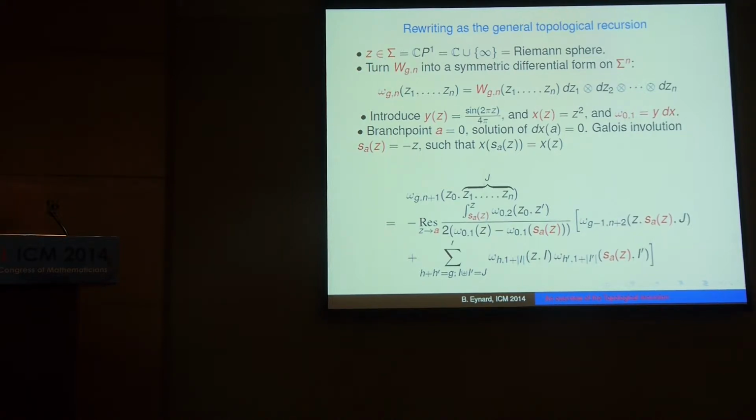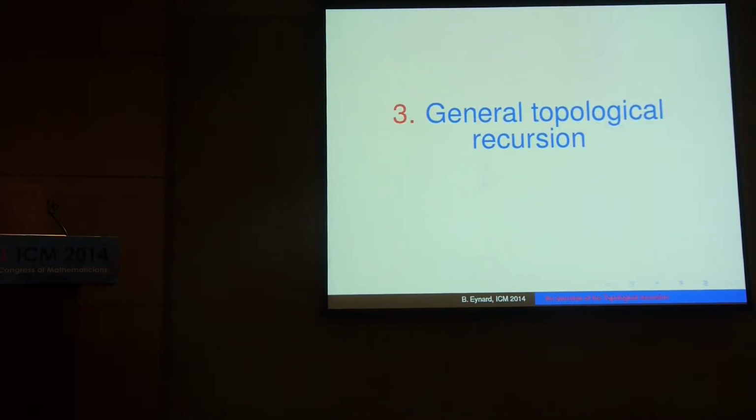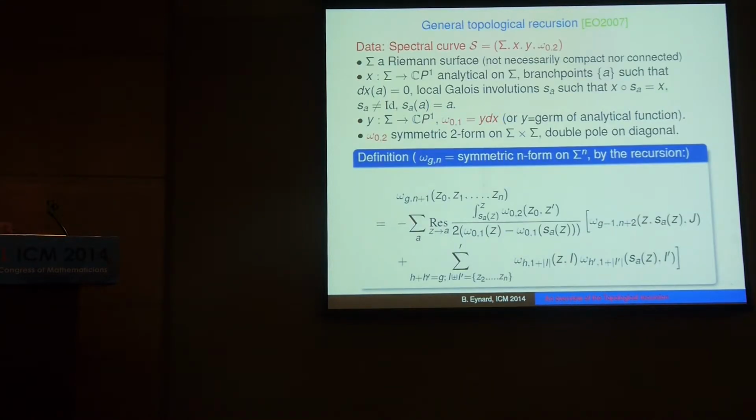But now this is the universal topological recursion. So let me make it a definition, the definition of the topological recursion. So this is the general topological recursion. The input of the topological recursion will be the data of a Riemann surface. What I will call the spectral curve will be the data of a Riemann surface and two functions x